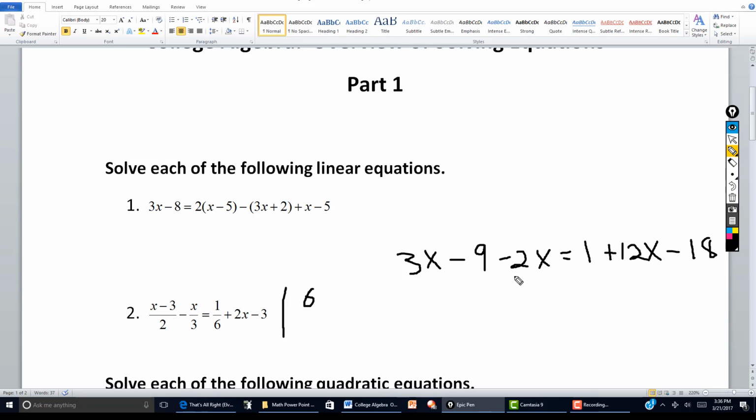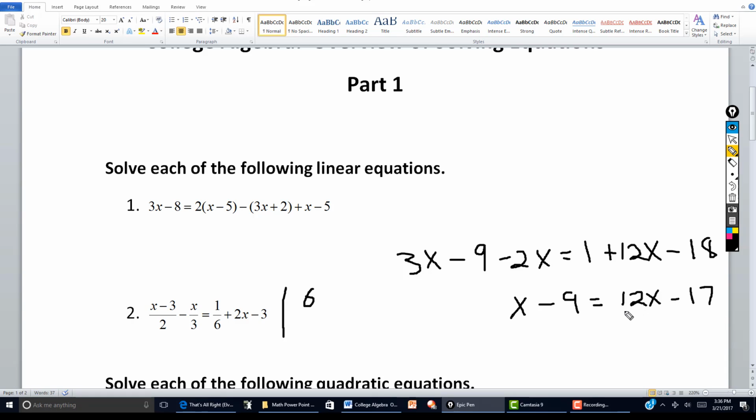Okay, so let's combine. First, the left side, 3x minus 2x will leave me with an x. And I still have the minus 9. And over here I have 12x. And then the 1 and the minus 18 gives me a minus 17. Okay, so now that's as far as we can go as far as simplification goes on each side, but